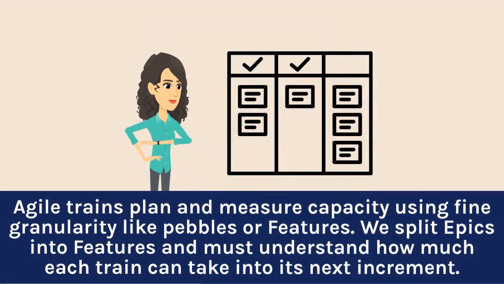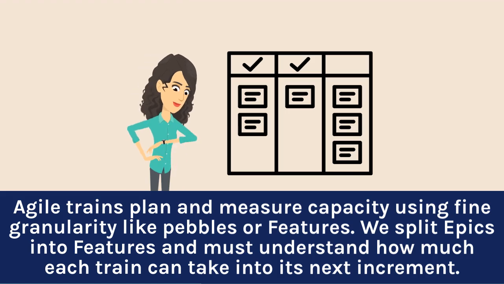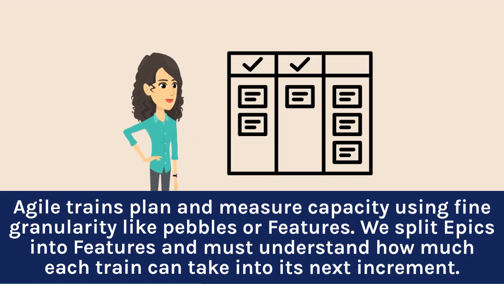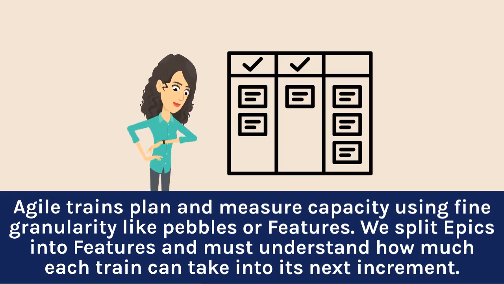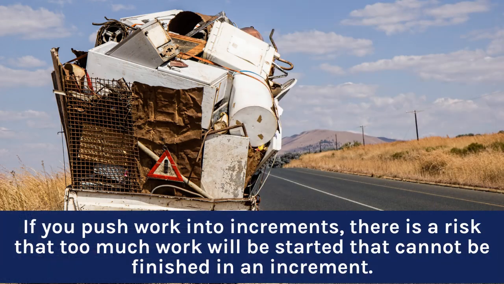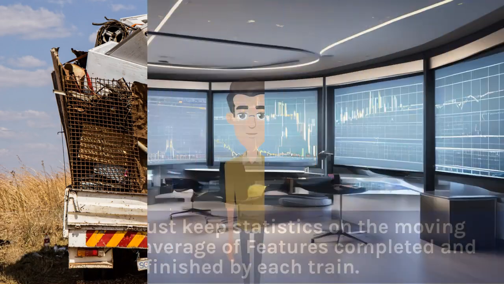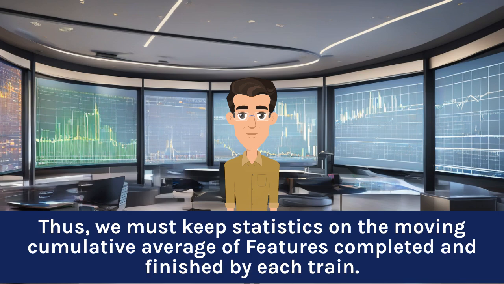Agile trains plan and measure capacity using fine granularity like pebbles or features. We split epics into features and must understand how much each train can take into its next increment. If you push work into increments, there is a risk that too much work will be started that cannot be finished in an increment. Thus, we must keep statistics on the moving cumulative average of features completed and finished by